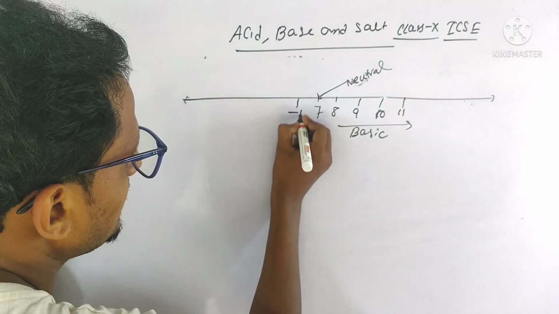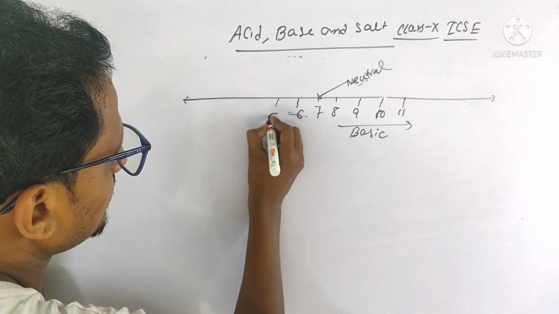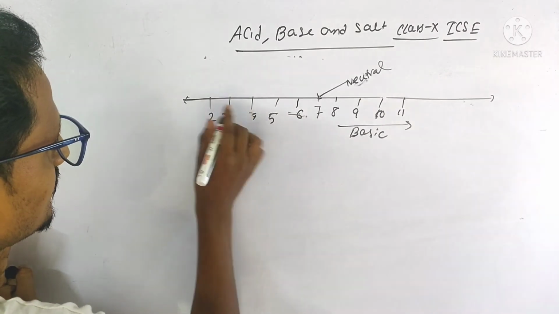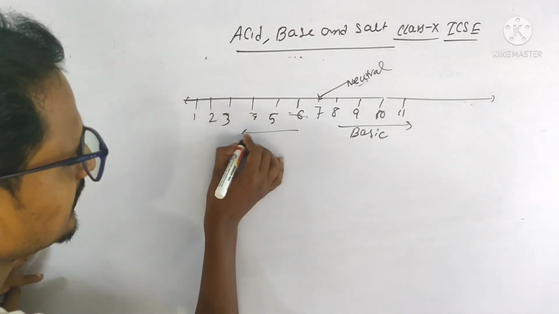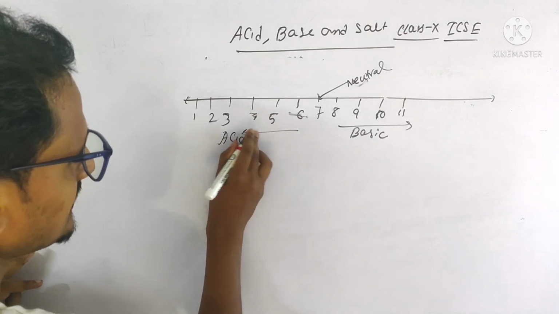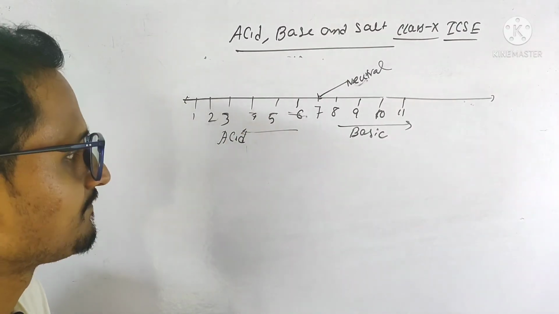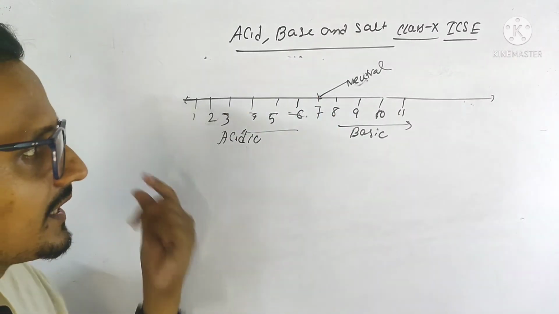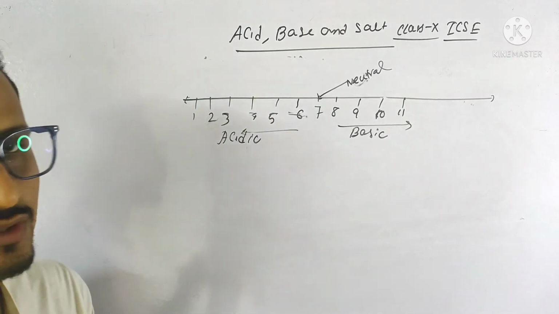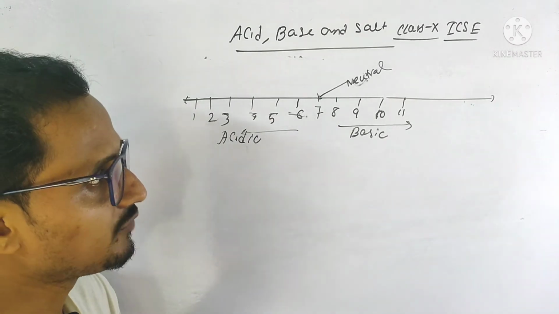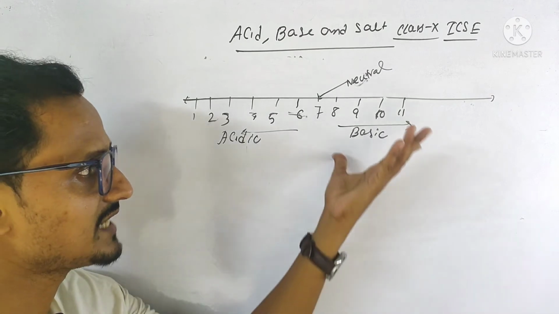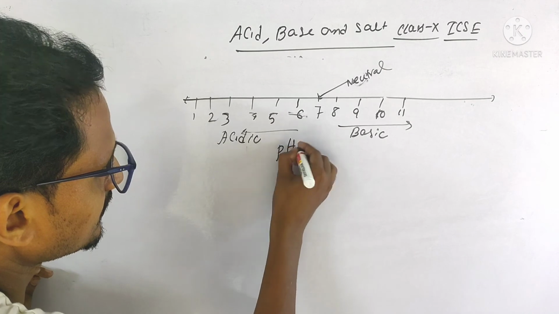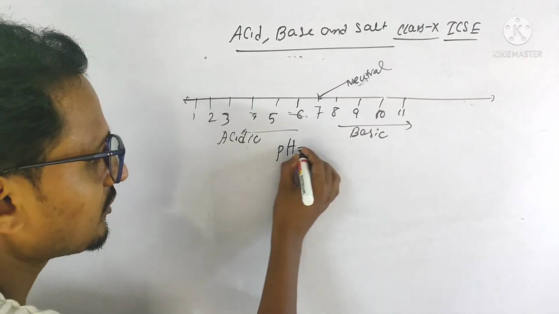And if the pH is less than 7, the solution will be acidic. So acidic property increases from this point. Now we can easily know from the pH value which solution is neutral, which solution is acidic, which solution is basic. Simple. Now we can calculate the pH value of a particular concentration of a solution